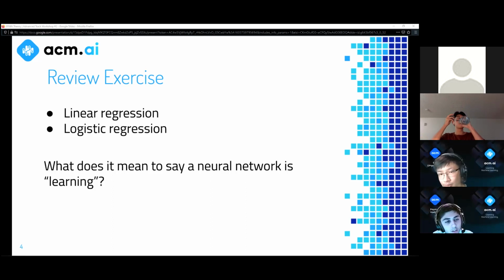So the loss function is some function that we use to evaluate the performance of our model. We discussed last week briefly that all the model knows that it's doing is that it wants to reduce the cost function. So in the eyes of the model, its job is to reduce the value that the cost function outputs. That's all it knows that it's doing. It just so happens that we define the cost function in a way so that if it has a low value, then that must mean, by definition, that it's doing a good job of classifying things. So that's a good way to see if something's learning.